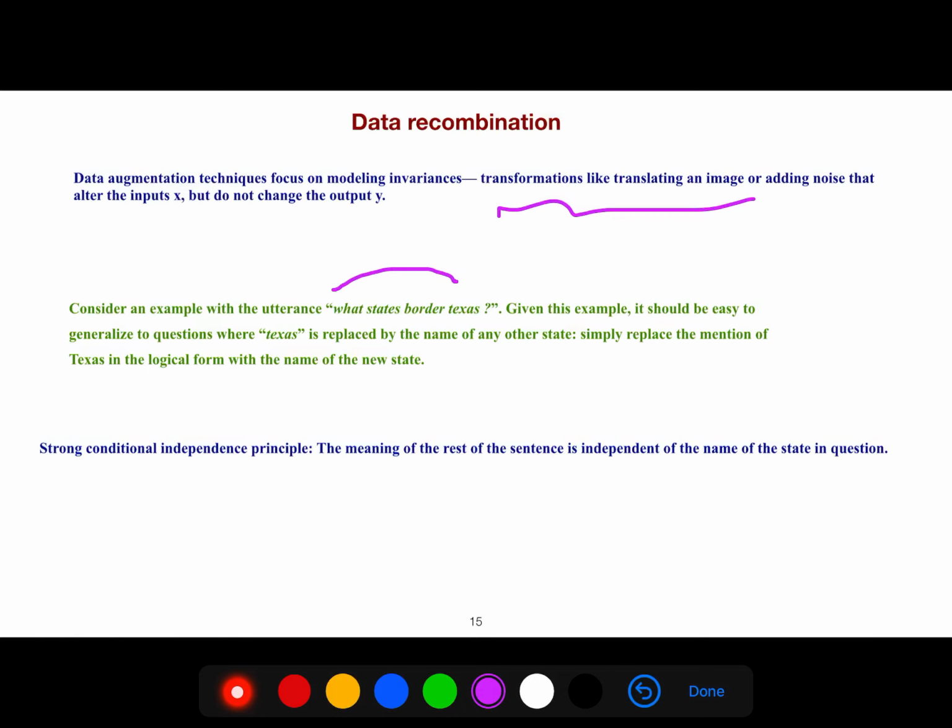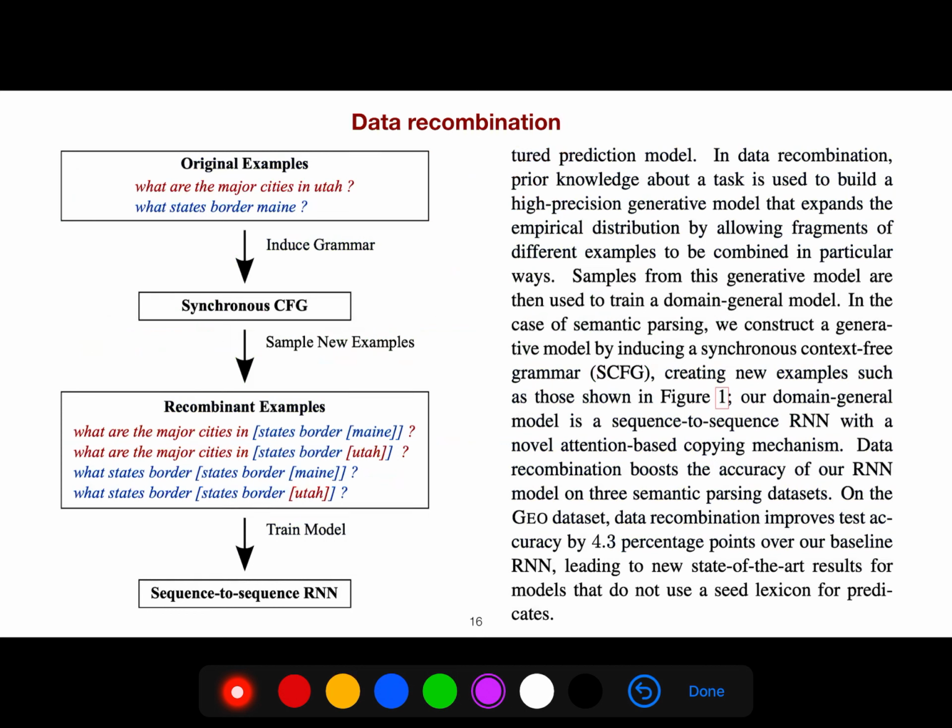It should be easy to generalize to questions where Texas is replaced with the name of other states. So simply we replace the mention of Texas in the logical form with the name of the new state. The strong conditional independence principle says that the meaning of the rest of the sentence is independent of the name of the state in question. So the idea of data recombination, you got the idea, is just augmentation.